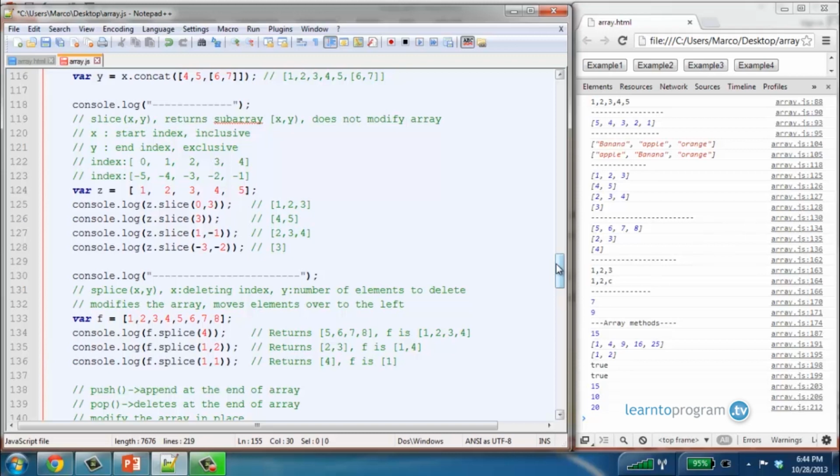You pass 2 arguments, x and y. X is the starting index, inclusive. Y is the end index, exclusive. It means it's not included in the subarray. This is the way to think about the indexes. For example, you have 5 elements, 0 through 4, or you can also access the elements using a negative value, so -5 to -1. So we create the array called C with these elements 1 to 5, and then we